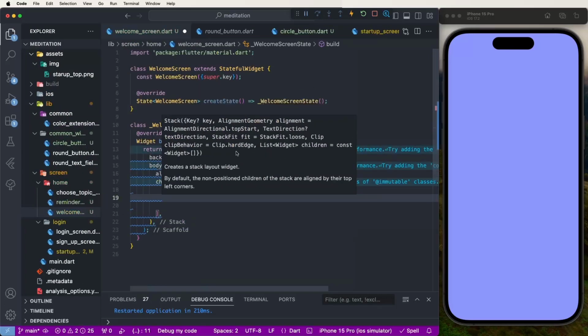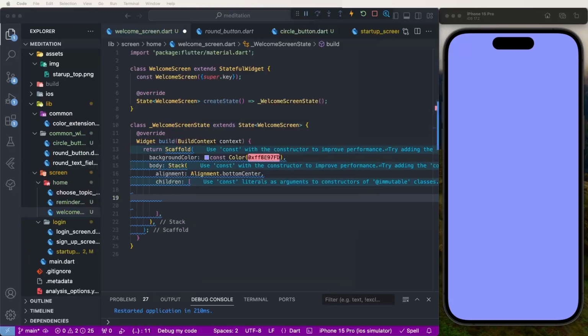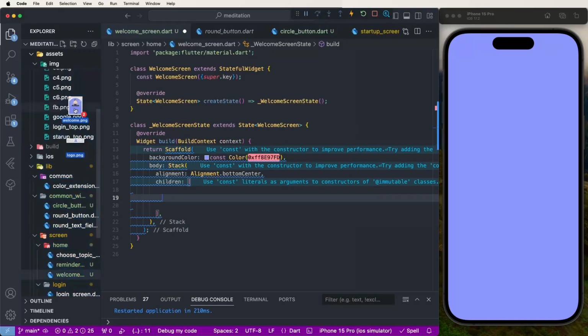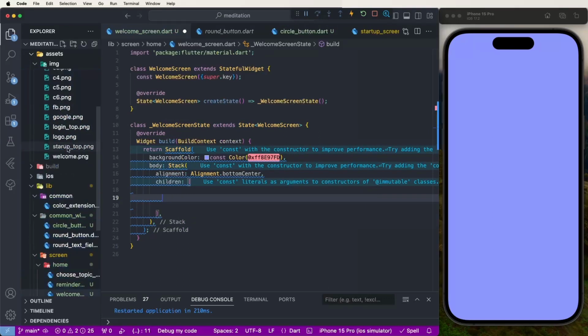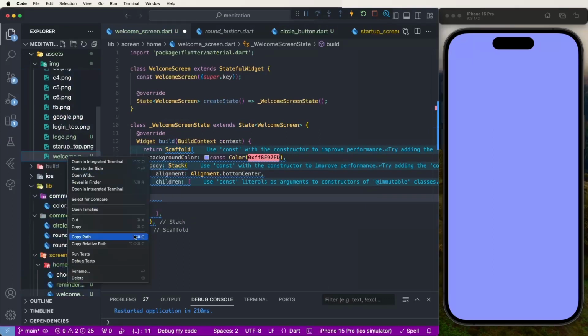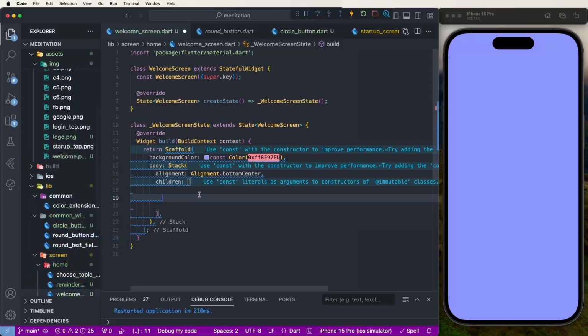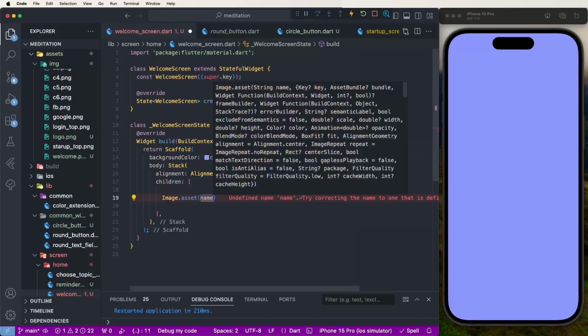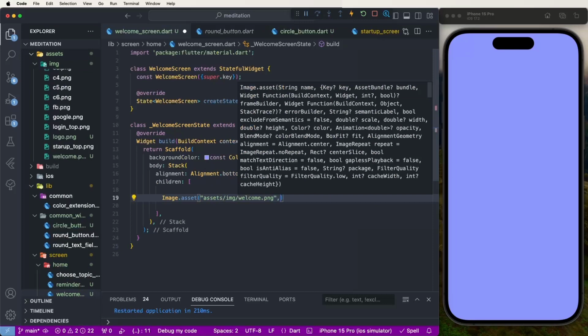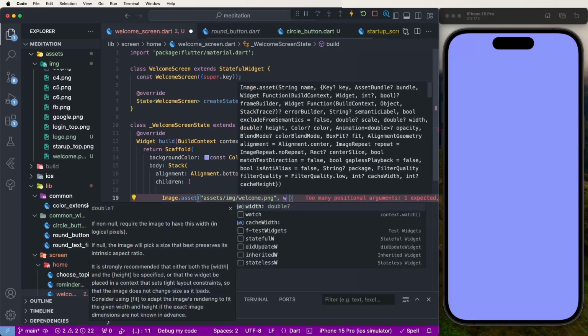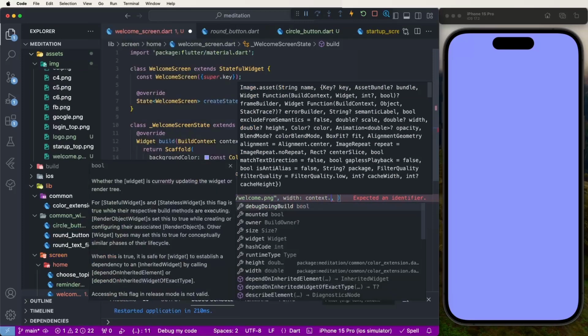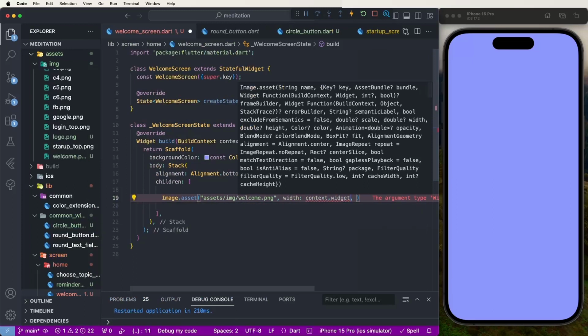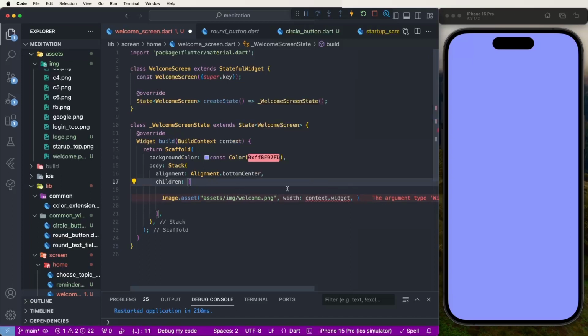First of all import the needed image, import the welcome logo, put this inside the img folder, and paste this. Now copy the welcome UI relative path, create the image asset, and give this path, and then give the width context dot width, using the extension methods, so call this as width,